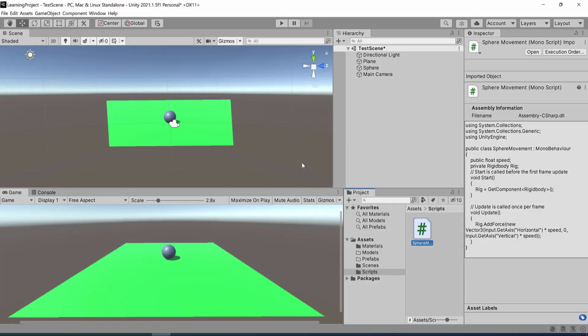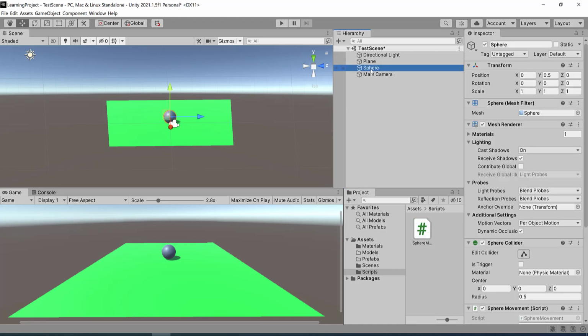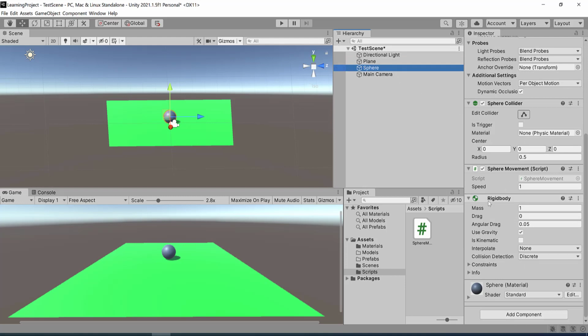Before running this game, we need to initialize the speed variable we declared in the script. So select the sphere, and in the sphere movement script we need to initialize this speed variable.